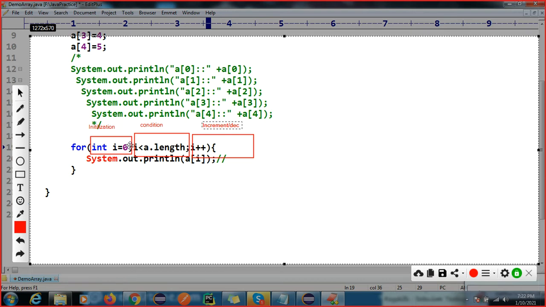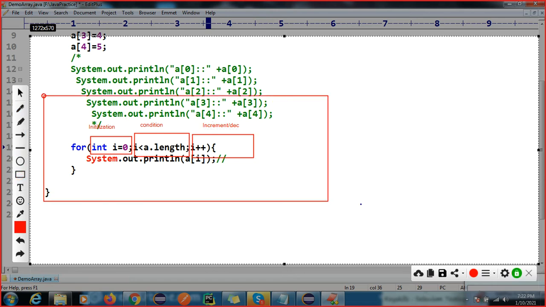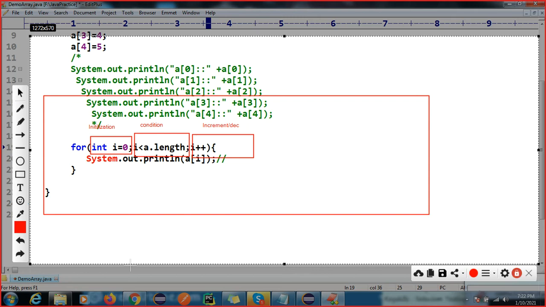Okay, what happens in the first iteration? When the code comes into this for loop, control initializes this value. It is already initialized to 0, then it checks the condition: 0 against a dot length, which finds the size of the array. This condition is true, so this is the first iteration.